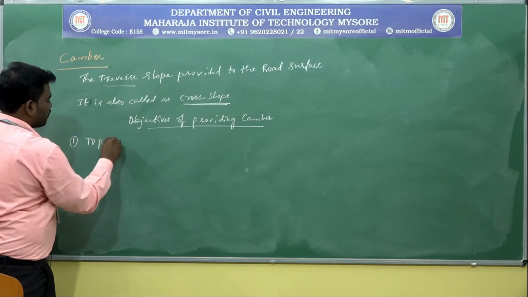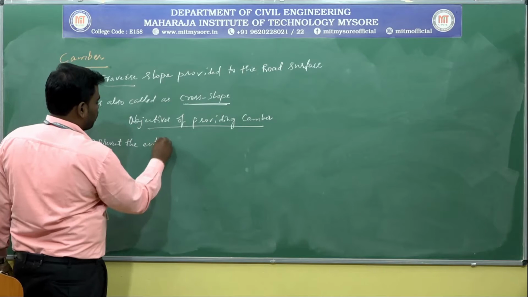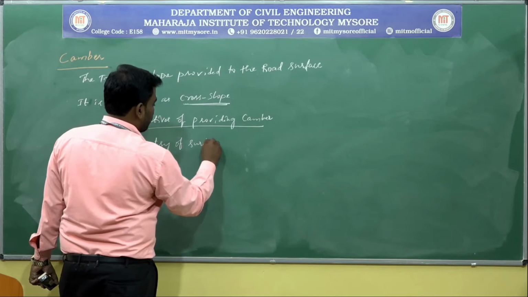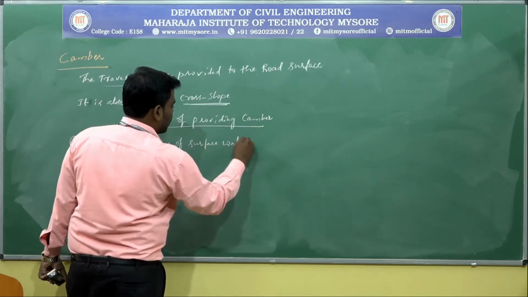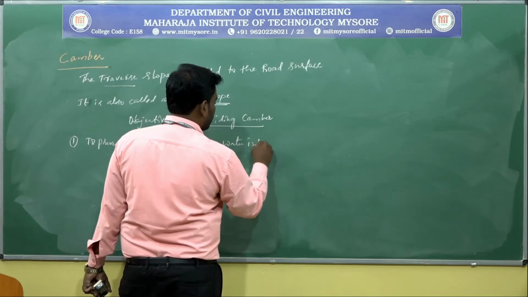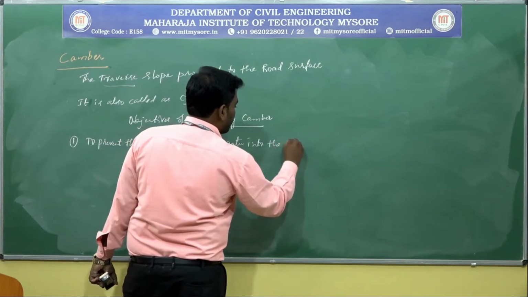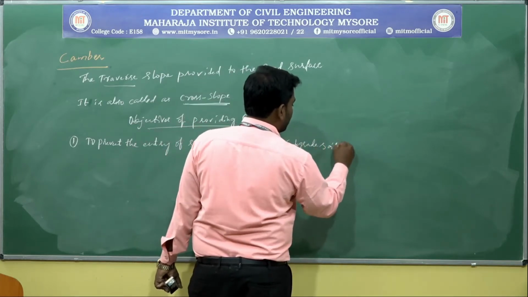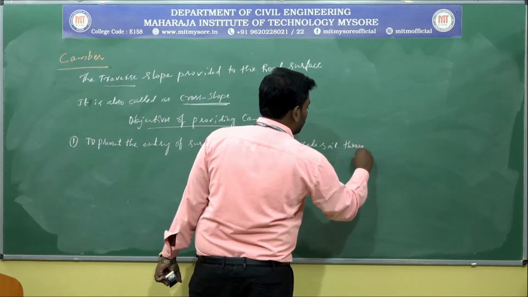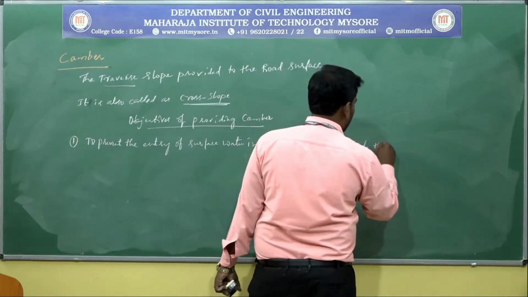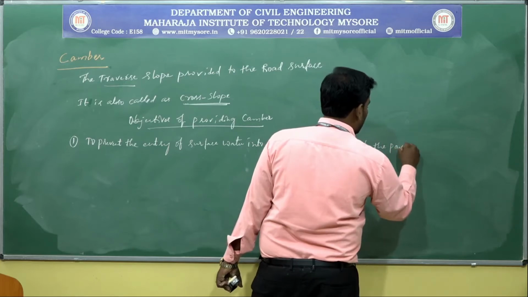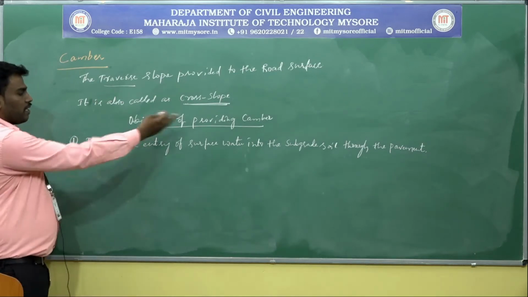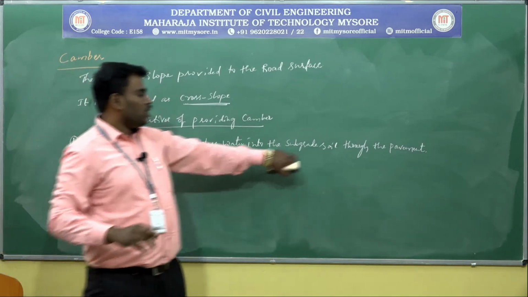to prevent the entry of surface water into the subgrade soil through the pavement. This is the first objective of providing the camber, to prevent the entry of surface water into the subgrade